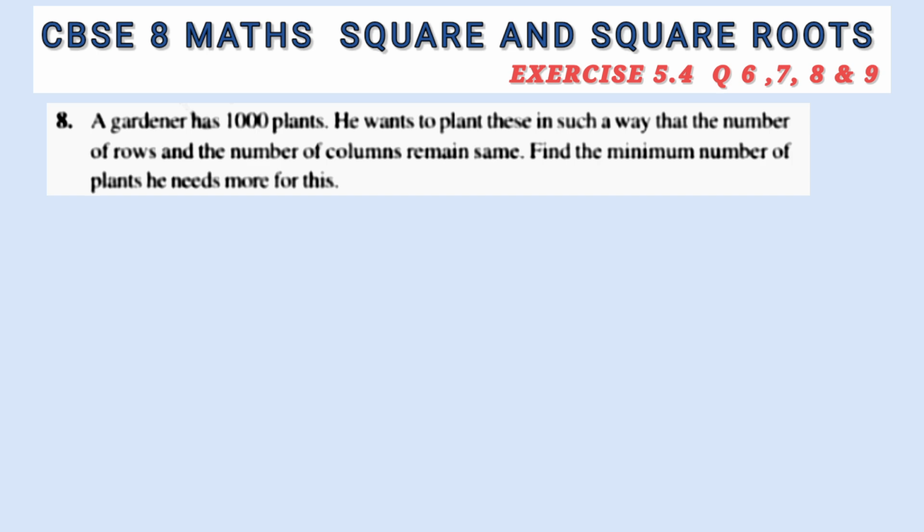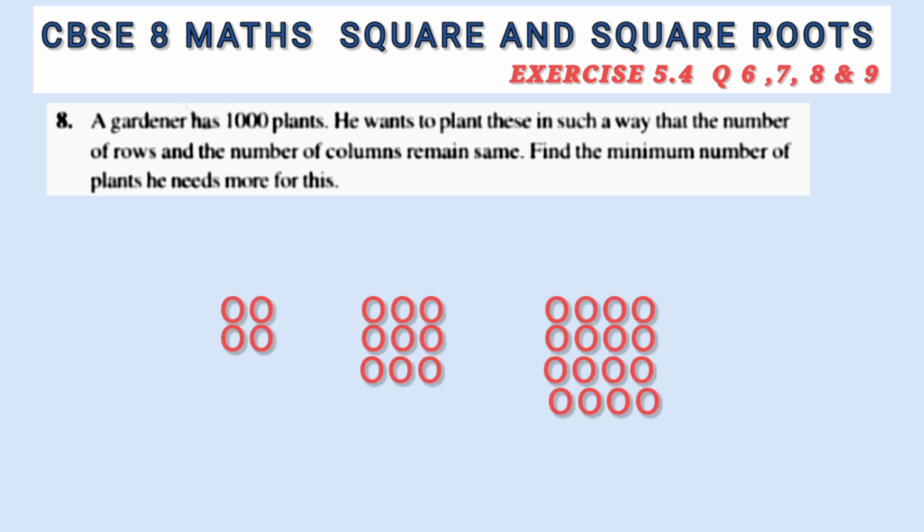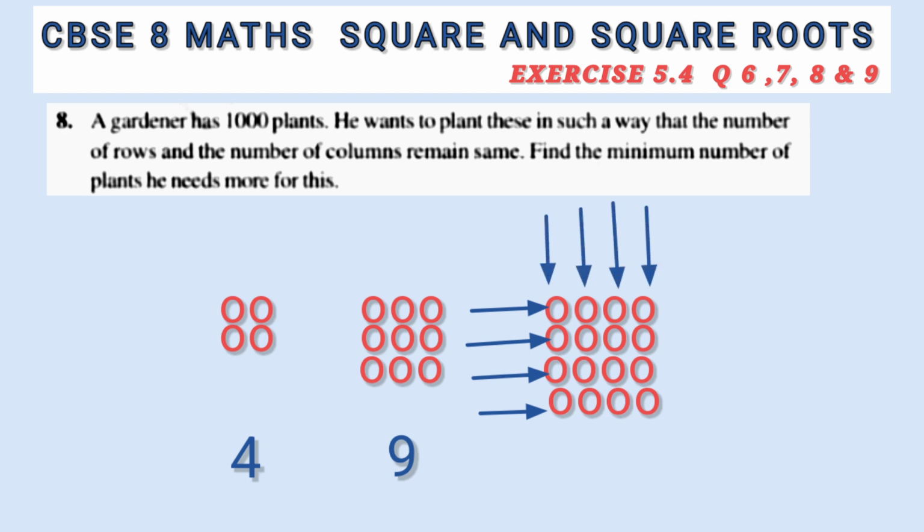If the number of rows equals the number of columns, the number of plants will be a perfect square. For example, the number of rows in this square is 2 and the number of columns is also 2, and the total number of plants here will be 4, which is a perfect square. The number of rows is 3 and the number of columns is also 3. The total number of plants is 9, which is also a perfect square. When the number of rows is 4 and the number of columns is 4, the total number of plants will be 16, which is